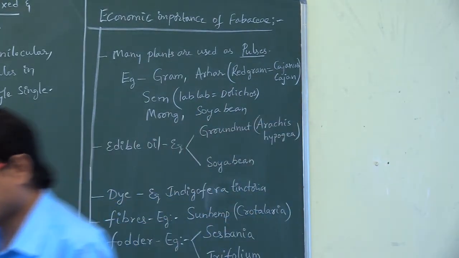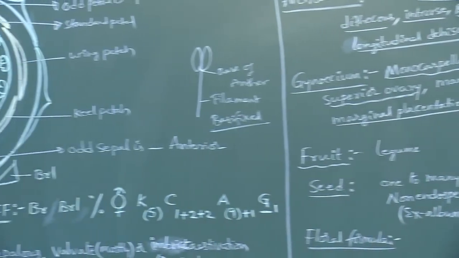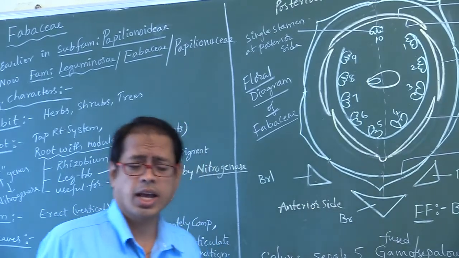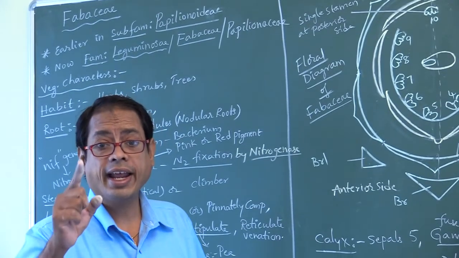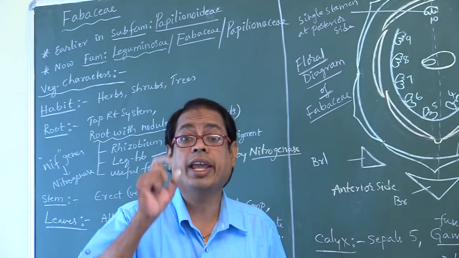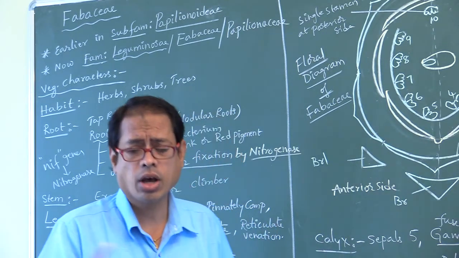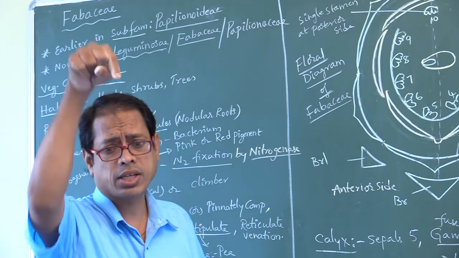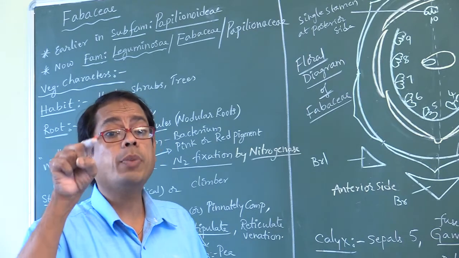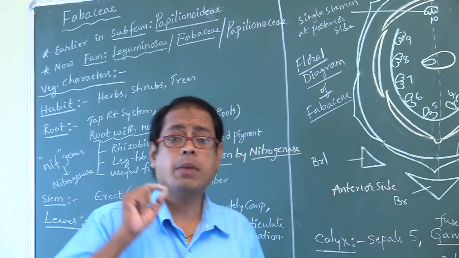What are the important characters related to Fabaceae? What type of root modification is found in Fabaceae? Nodular roots. What is the special character related to leaf? Pulvinate leaf base. What type of flower do you find in Fabaceae? Zygomorphic. Why is it called zygomorphic? A flower can be cut into two equal halves only in one vertical plane passing through the center. Zygomorphy is due to the presence of papilionaceous corolla. Vexillary aestivation is exhibited by Fabaceae petals.